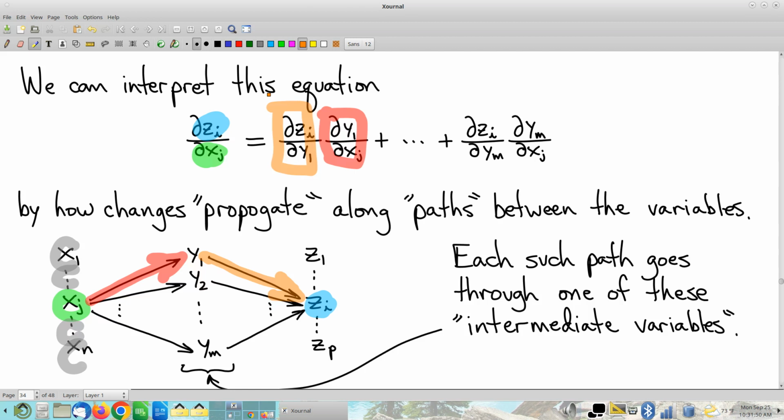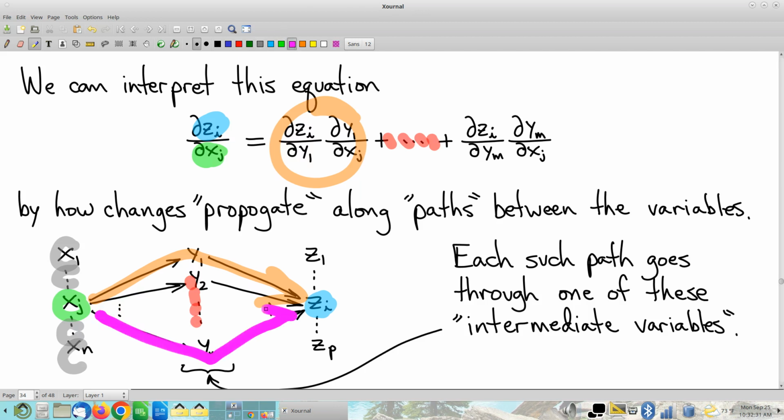So how about that, right? Each term, well, we've only looked at the first term here so far, but this first term in our formula from the previous page corresponds perfectly to the idea of keeping track of how changes propagate as you move along this first path. And I argue that by analogy, it's very similar arguments in the same way that this path corresponds to that term. I'm going to say likewise for various other terms all the way down to and including